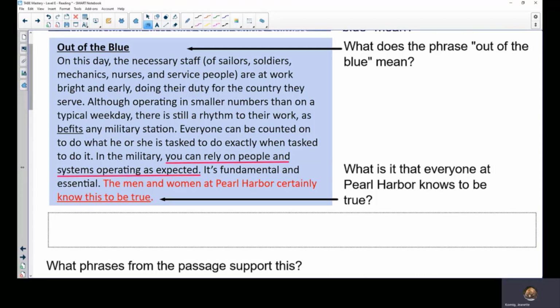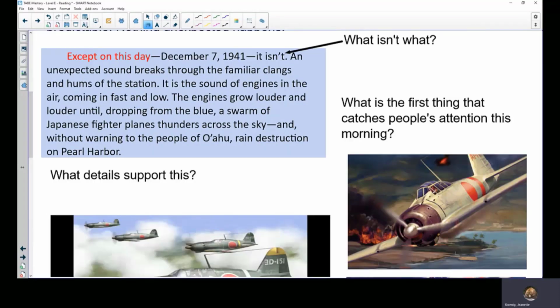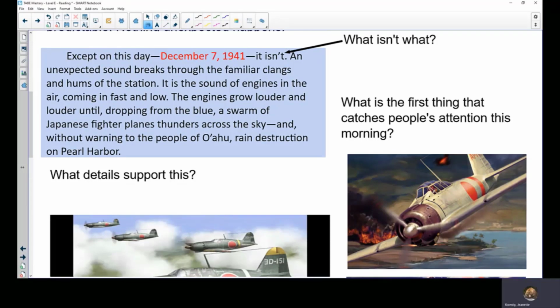So these paragraphs do connect with each other. That is something to think about while you are reading. Paragraphs, if they're in the same passage, are going to connect to each other. They're not random facts; one leads to the other. So what do we have? Everybody knows that in the military, things happen according to a plan. It's true, except on this day. And what day is it? It's December 7th. And now we are finally giving you the year,